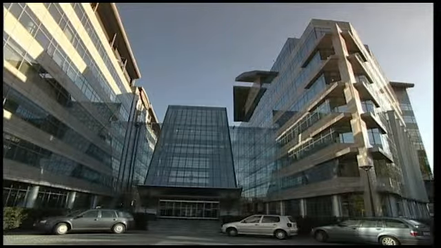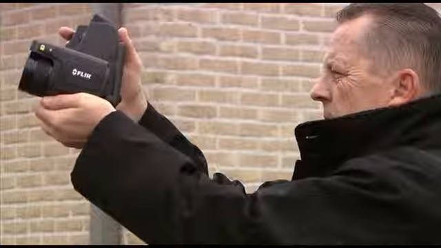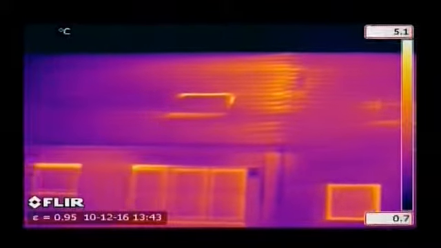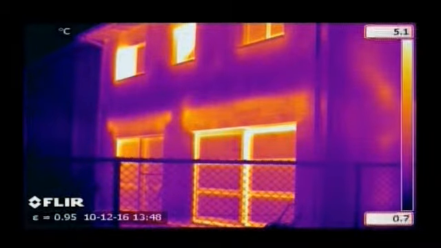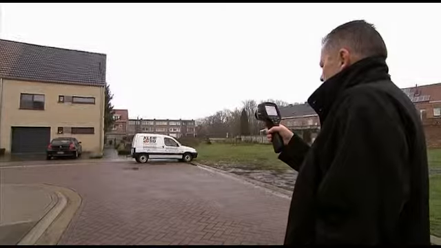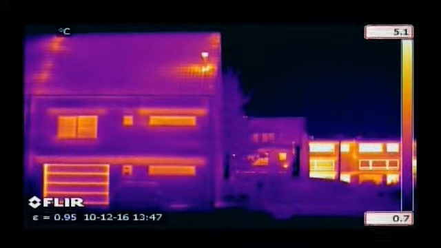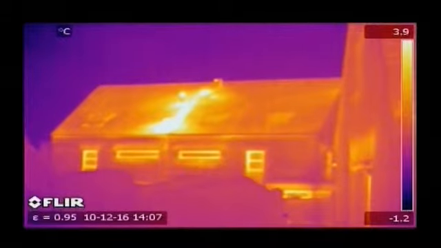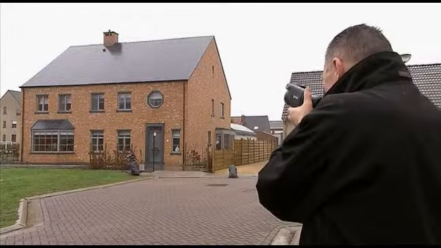Thermal imaging is a powerful and non-invasive technique used to monitor the condition of buildings. Buildings can quickly and thoroughly be scanned using a FLIR thermal imaging camera, identifying problem areas that can't be seen by the naked eye. Insulation problems in walls and roofs are clearly seen on a thermal image. Huge energy savings can be made by repairing the badly insulated areas.